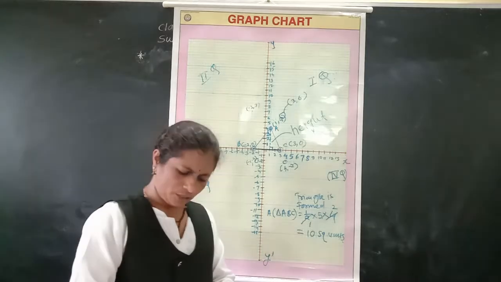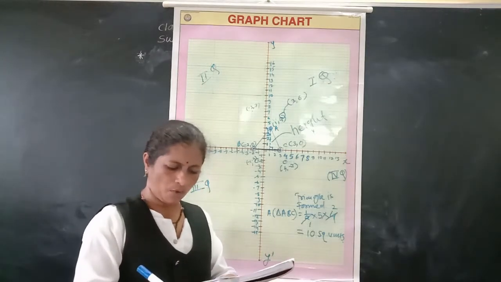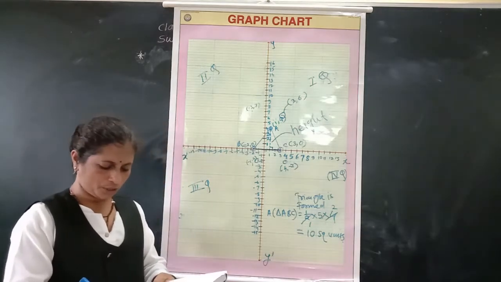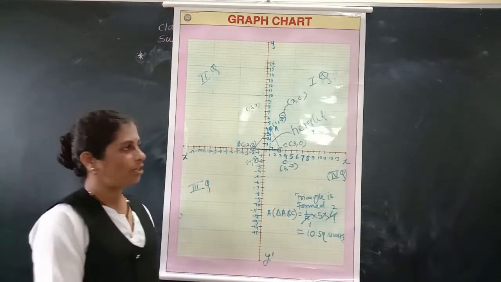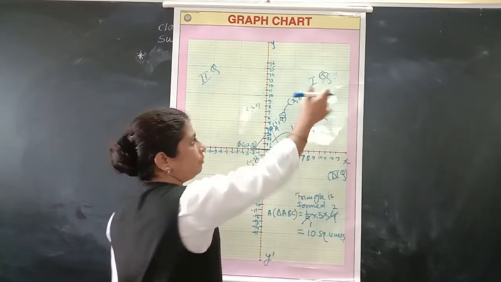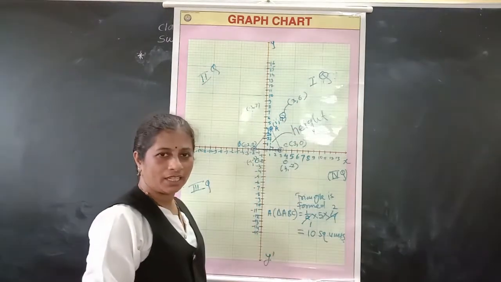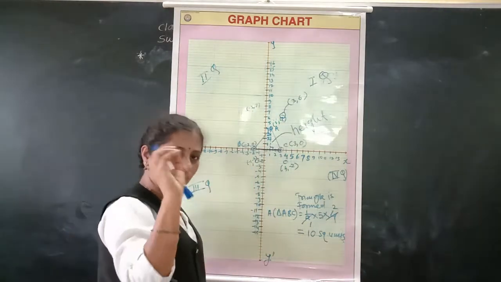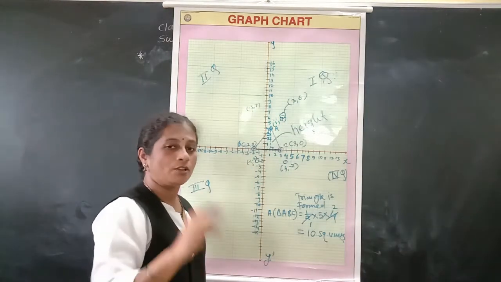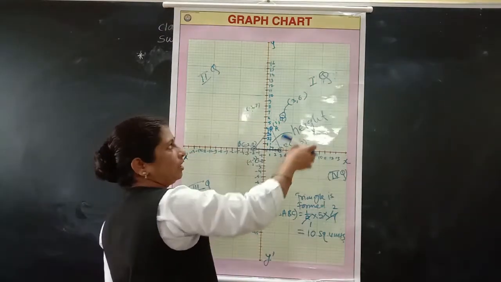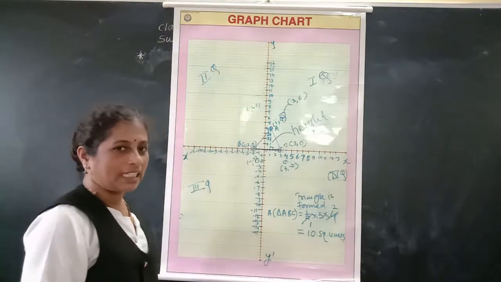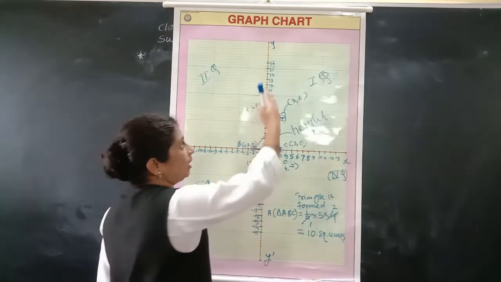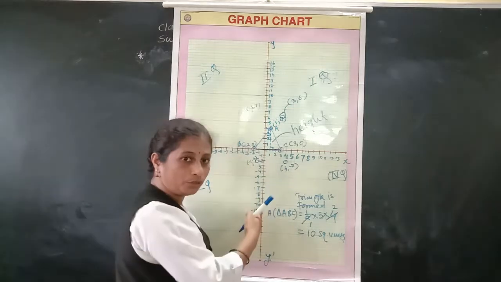Write the answer to each of the following questions. What is the name of the horizontal and vertical lines drawn to determine the position of any point in the Cartesian plane? So this is your Cartesian plane. We will plot any point in the Cartesian plane, right? So we have to know the position of the particular point in the Cartesian plane. For that purpose, we have drawn these two lines. They intersect each other, meaning they are perpendicular to each other.